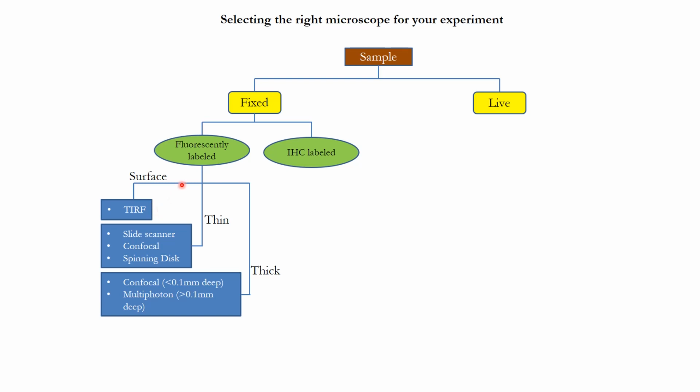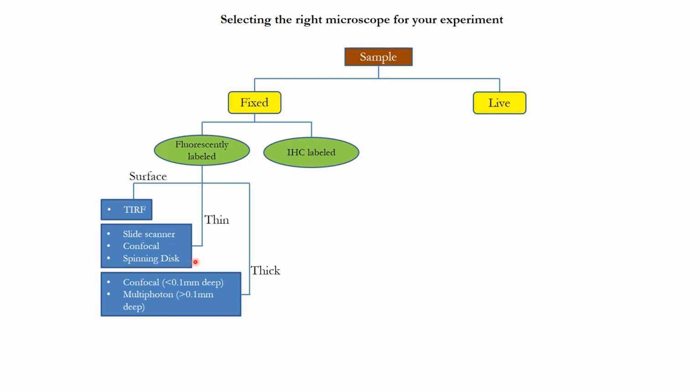If you are trying to do a thin sample, meaning it's within 100 microns, then slide scanner or a confocal microscope or a spinning disk, depending upon the kind of need, you can use it. Slide scanner is good for doing a lot of bulk scale imaging, which we'll talk about in the coming part of this slide. Confocal gives you a lot of flexibility and adaptability, but is also equally complex, hence takes a lot of time. Spinning disk microscope is less flexible compared to confocal microscope, but gives you a high speed imaging capability.